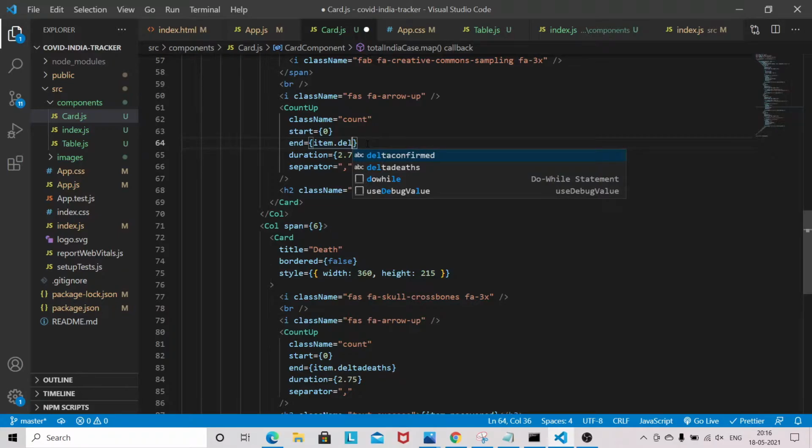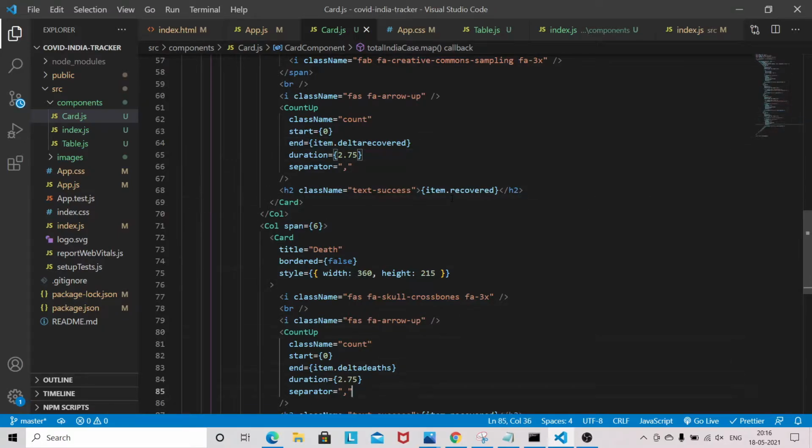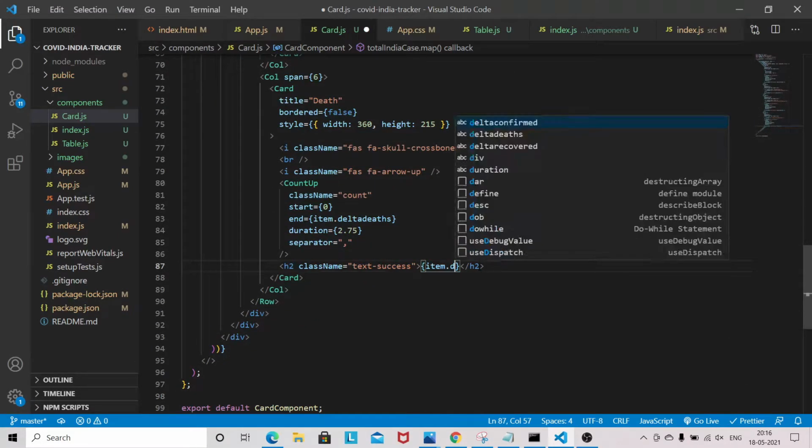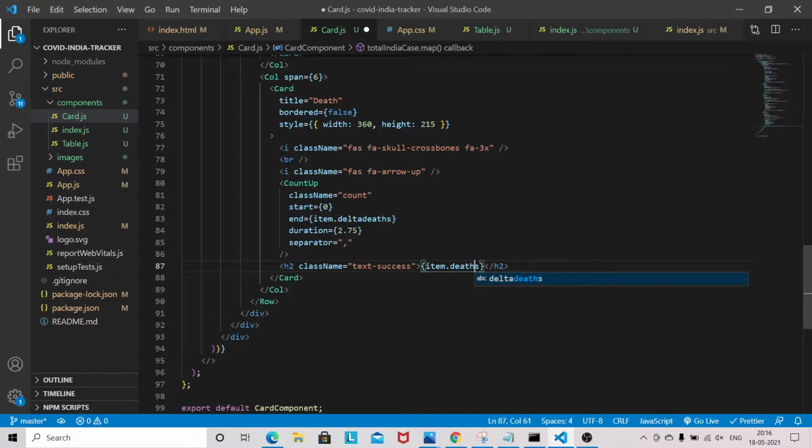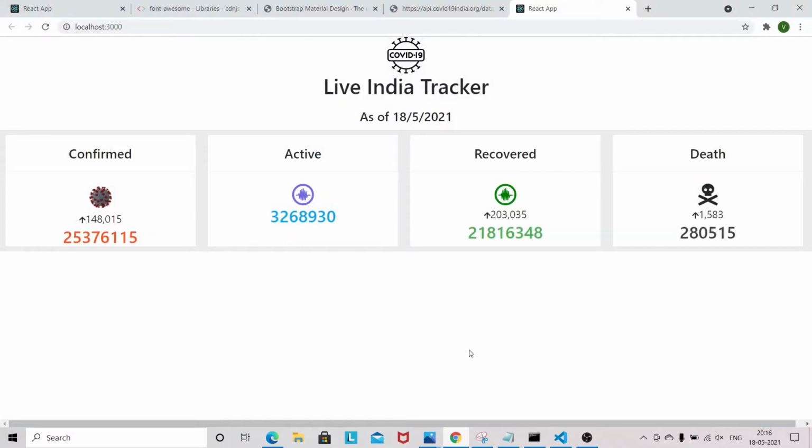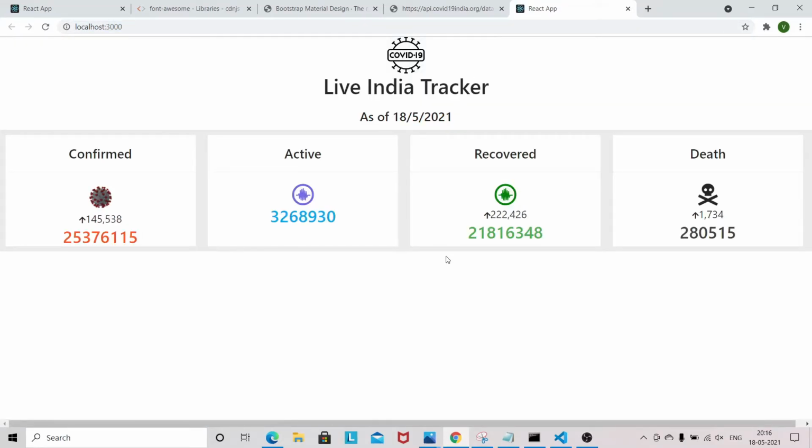Sorry, delta recovered, not a confirmed delta death, and this will be death, item.death. Okay, so whenever you refresh, this will increase like this.